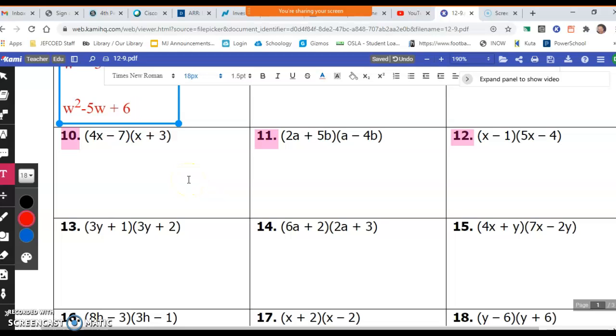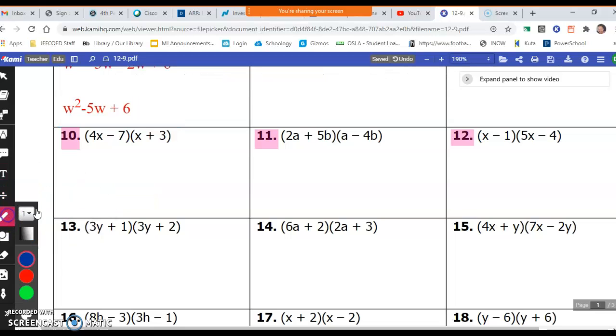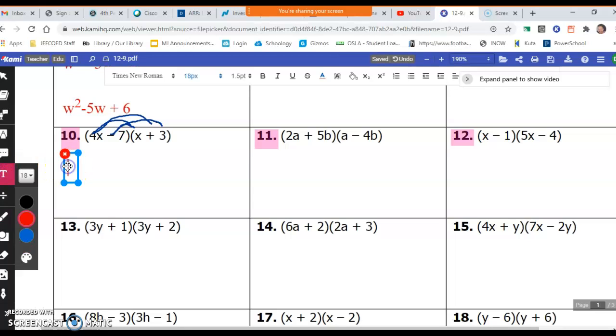Let's go to 10. All right. 4x minus 7, x plus 3. Now we've got a coefficient with one of our variables, but we're still just going to distribute. So here, here, and then the negative 7 to the x and to the 3. All right, so we've got 4x times x is going to be what? 4x squared. All right, 4x times the 3,